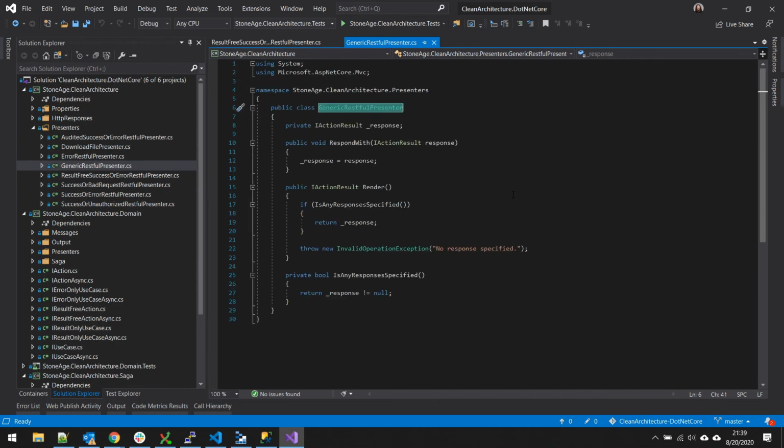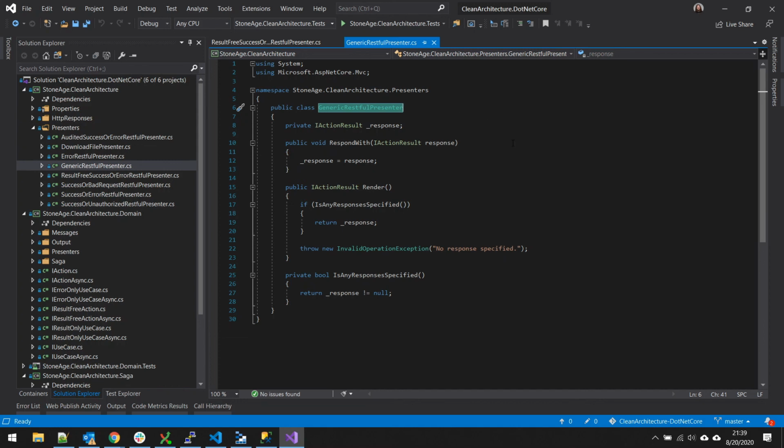of the generic RESTful presenter is the idea that it basically knows how to send an iAction result back, because presenters work off the concept that I can present any type of information, and as long as I adhere to the interface, I can do pretty much anything I want with that information, and I can render it however makes sense for the output. The idea being really I can return an object on success, or I can return an error, and it helps you start streamlining that error response strategy. And with things like Angular, you can just say, oh, here's the properties, bind to it, display the message, make things great, type of thinking